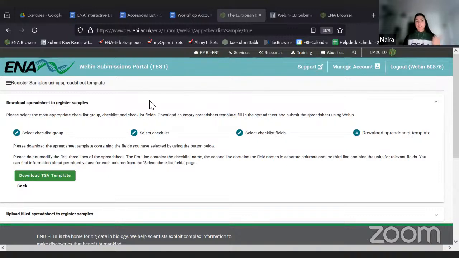I've included the tax ID, the scientific name that goes with this tax ID, the sample alias, a title, a description, the collection date, the geographic location, the coordinates, and any type of metadata field that was required here. I have included. One of the very common errors that we encounter is users often erase this units field, and